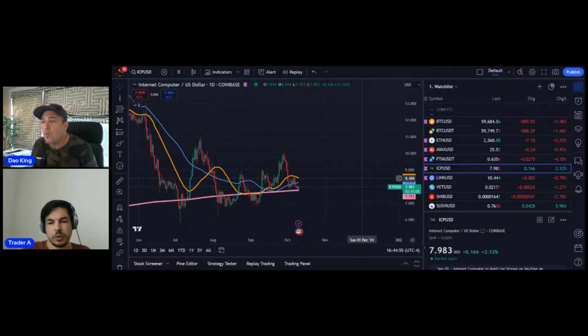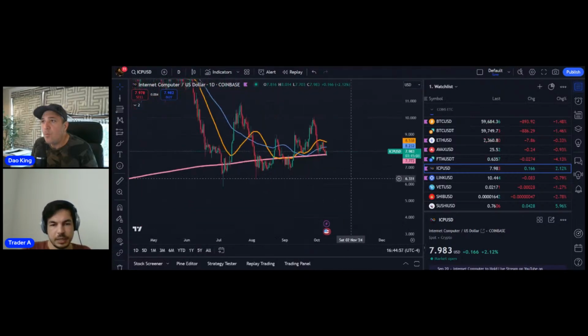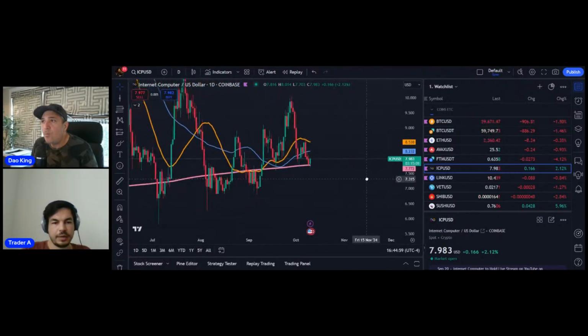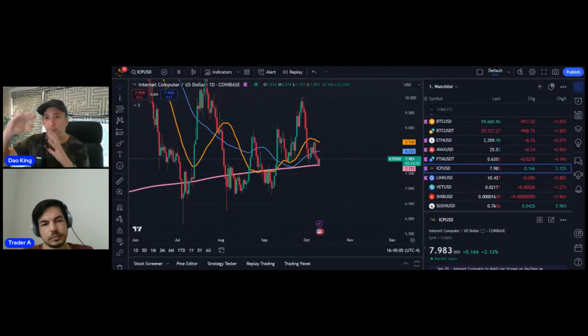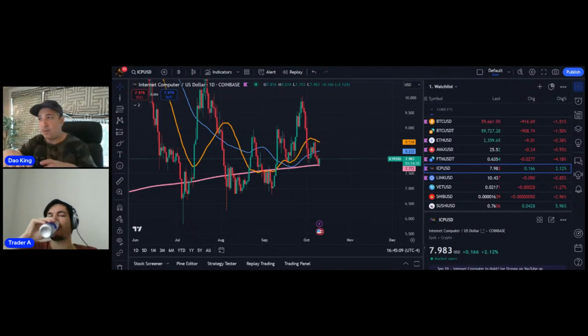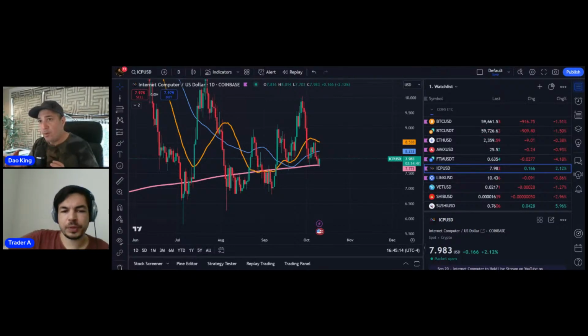So if we assume Bitcoin's bullish, if I'm looking at ICP, right now it's at a super critical level. But let me ask you this question. When are we going to see Bitcoin explode, where is the money going to go? Bitcoin hits 100,000, let's look at the alts like ICP and other stuff. Well, I think it would happen before 100K, but yeah, no, as soon as people would see,